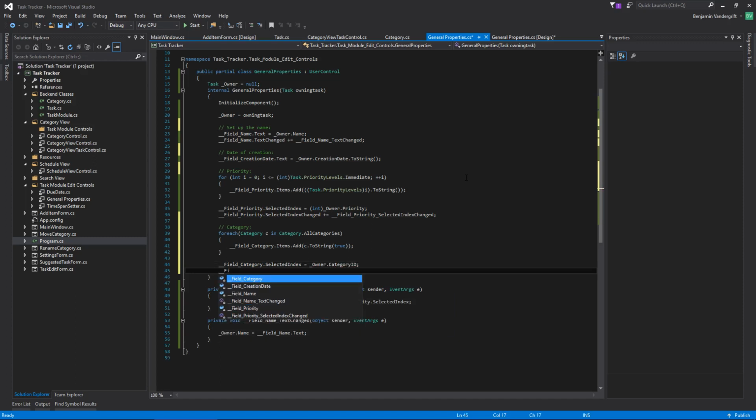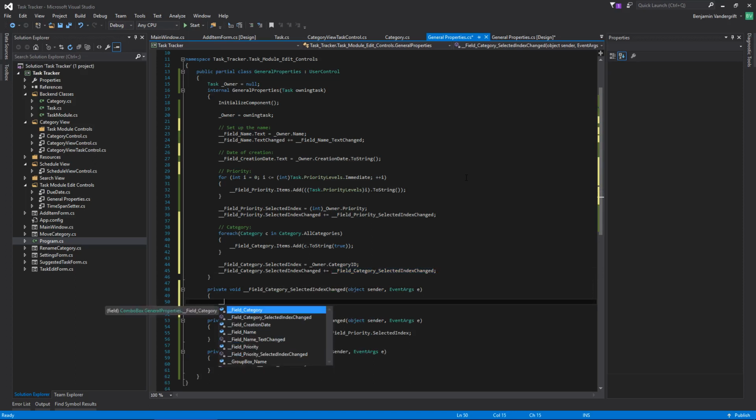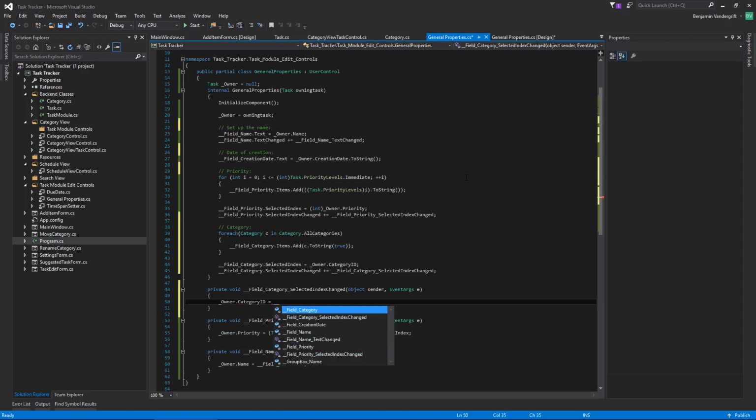And then field dot selected index changed. Cool. And then this is going to go ahead and set owner dot category ID equals field category